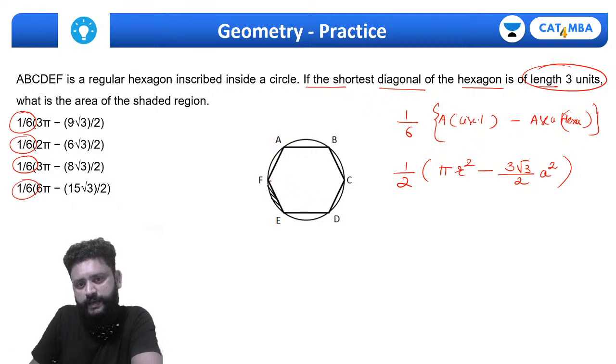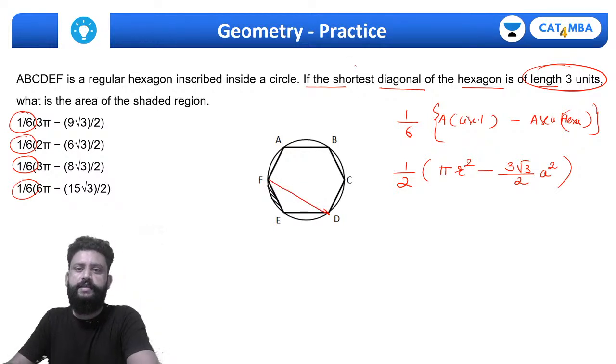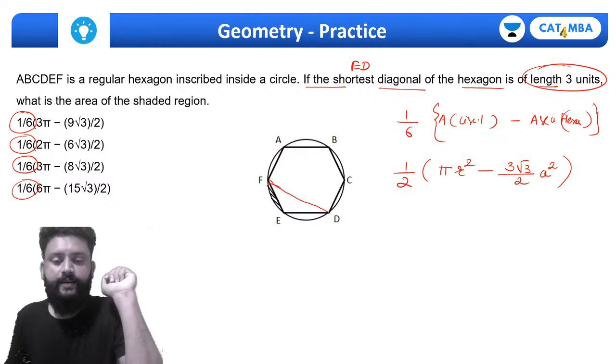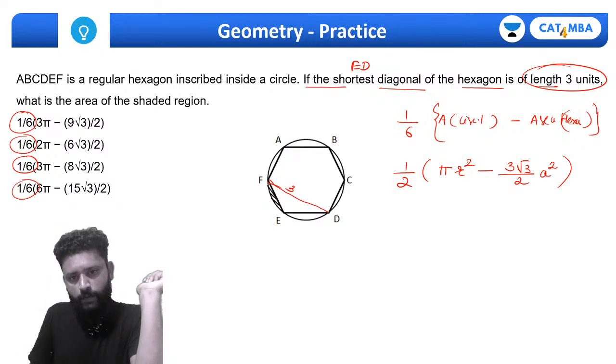Shortest diagonal here will be, let's say, ED. दूसरा भी ले सकते हो इसको, not compulsory. So ED is the shortest diagonal. Okay, so how to get the, this is 3. So if I draw a perpendicular from here, this will be 90 degree, this will be 60 degree, and this is 30 degree,